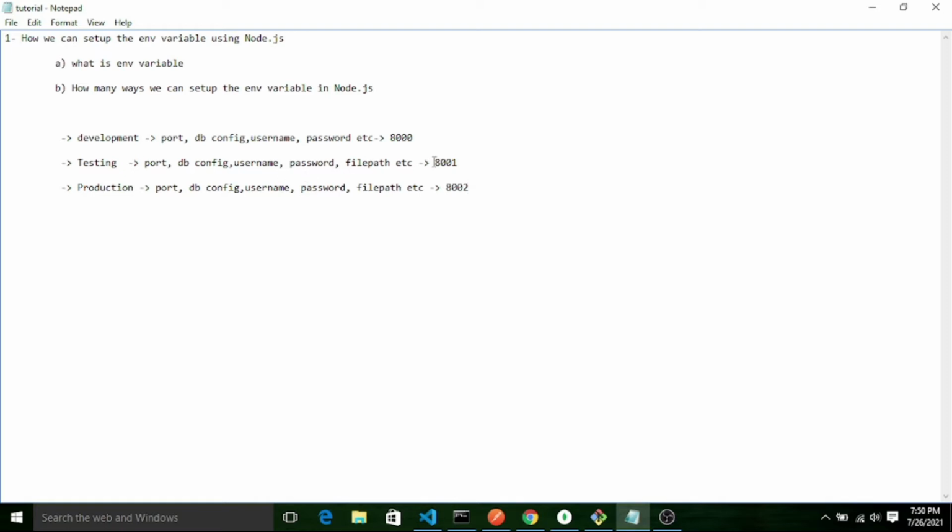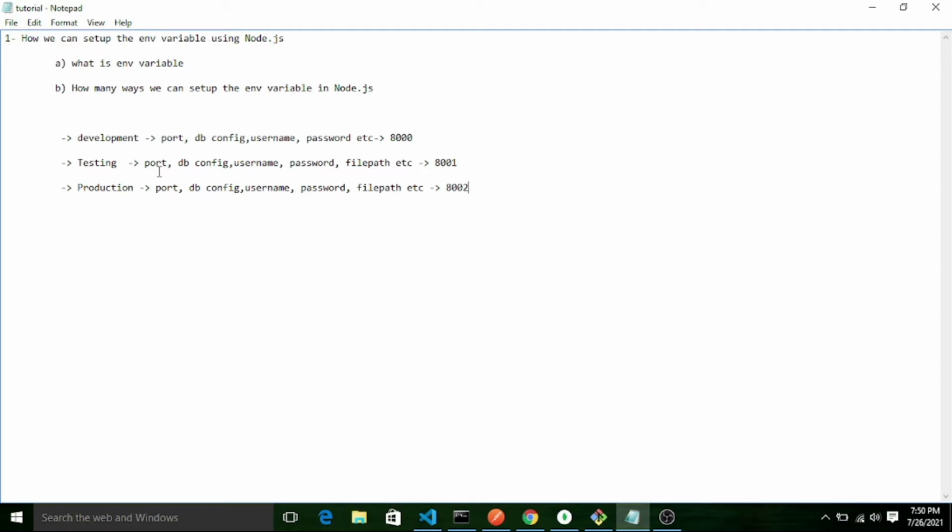At the same time maybe the developers are working, so if both use the same environment, then when the development team is working the testing team may not be able to test, it will disturb them, or if the testing team is working, it may disturb the development team. Similar for production. So for different environments, we are configuring different values.